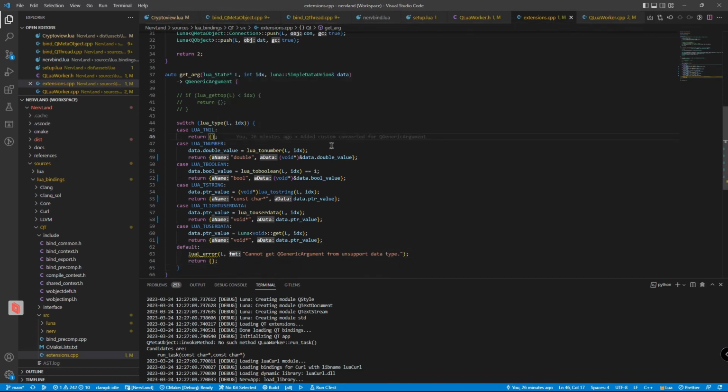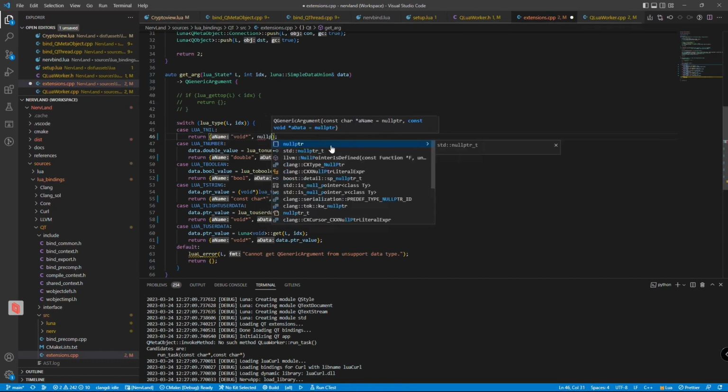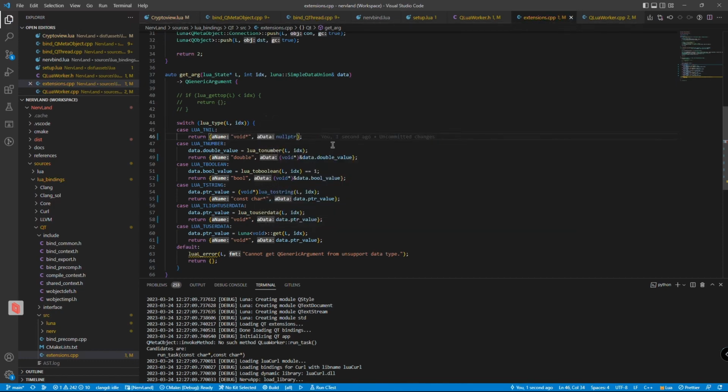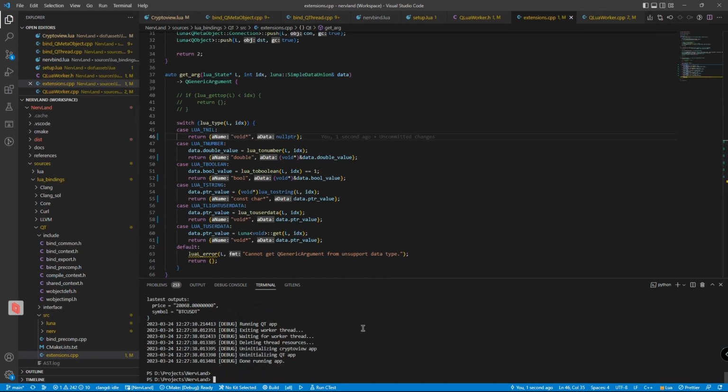If it's nil, then you need something like void and then null. I don't think this case is meaningful, but